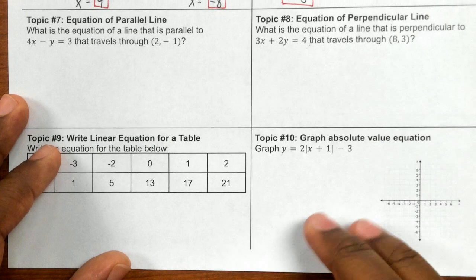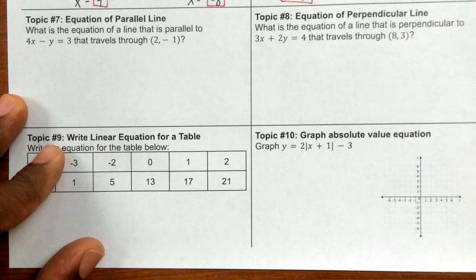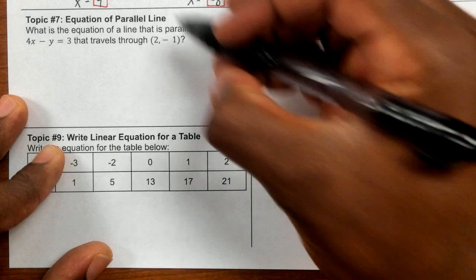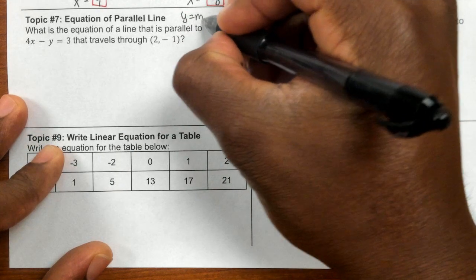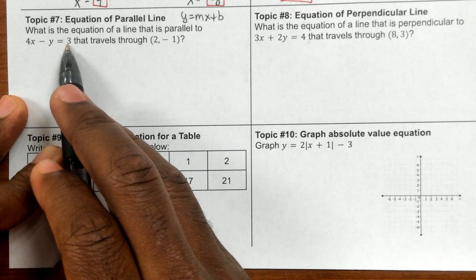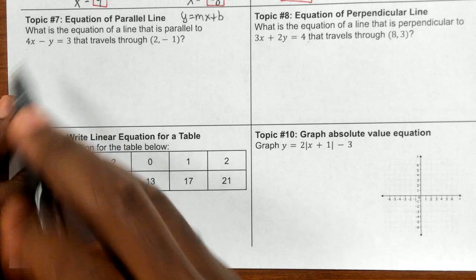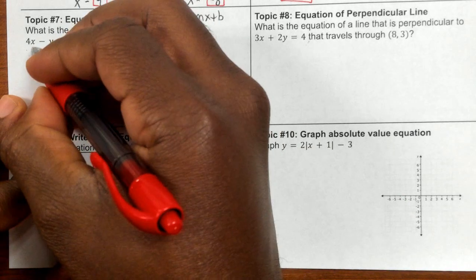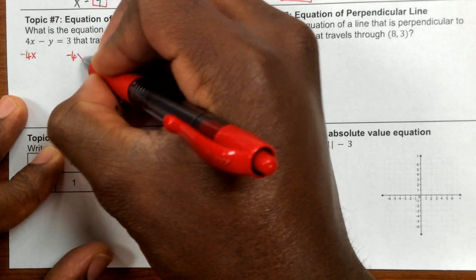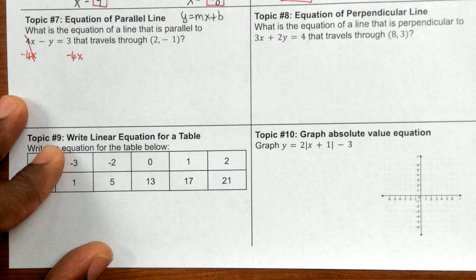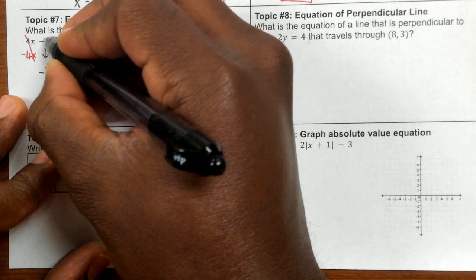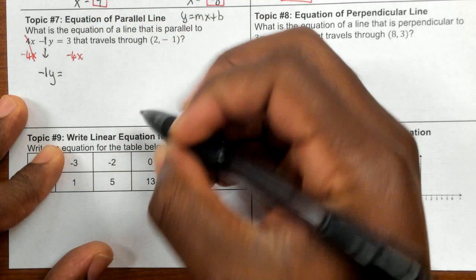The next question wants us to write the equation of a parallel line. The first thing we're going to do, guys, is try to write this equation in the form y equals mx plus b. To do that, I need to move this x to the other side and divide by the number in front of the y. To move a positive 4x, we subtract 4x on both sides of our equation. This gets canceled out. And my negative 1y, because in front of it is a negative 1, is equal to